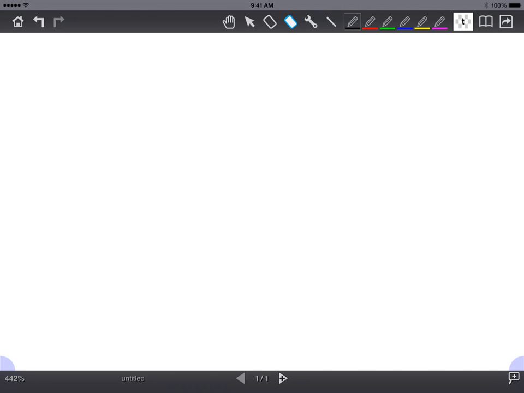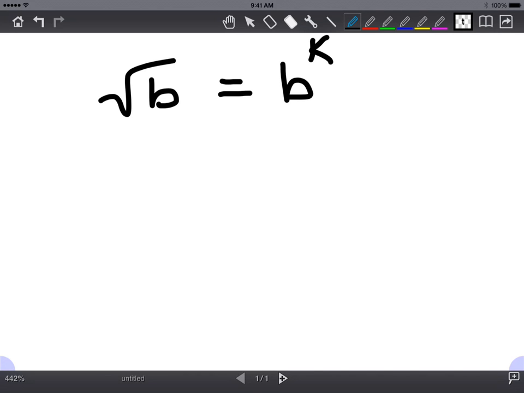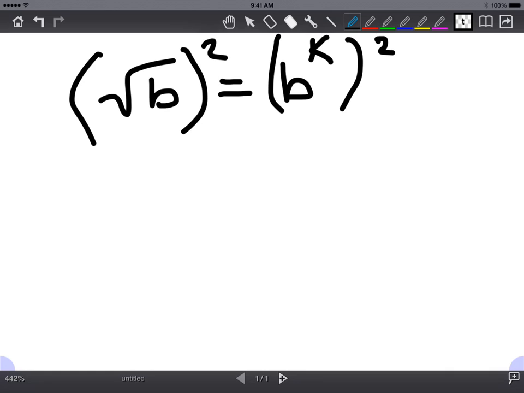We're going to start off by making the assumption that the square root of b equals b to the kth. And now I'm just going to solve this, and then later in math you can appreciate what I've done. I'm just going to show you how it came, so you're not thinking like I pulled this out of nowhere. So then you get b equals b to the 2k,